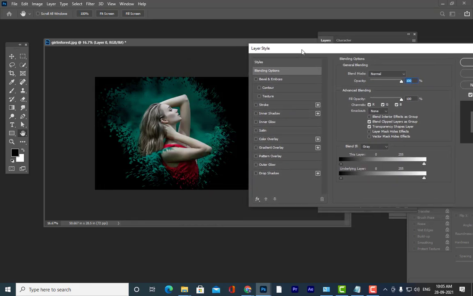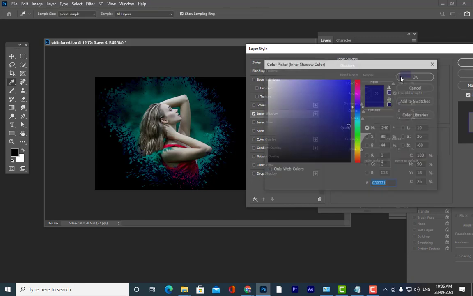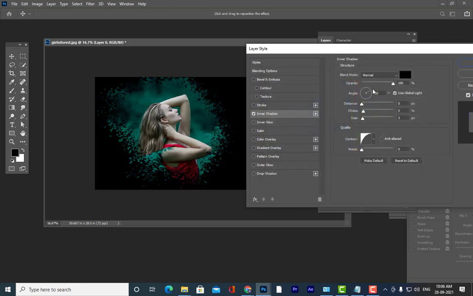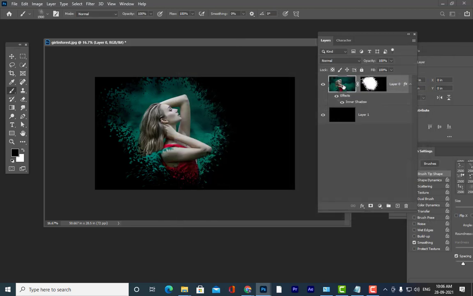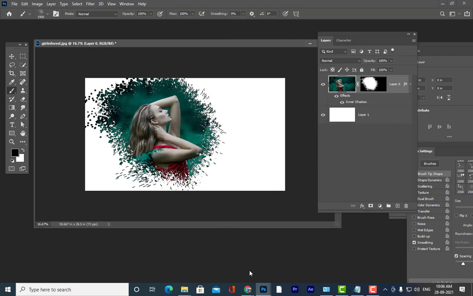See here, I have applied a mask, and we can apply an inner shadow also. We will give it a black color. Wait a minute. You can see some interesting effect here. We can create something like this, and let me take a wooden background.